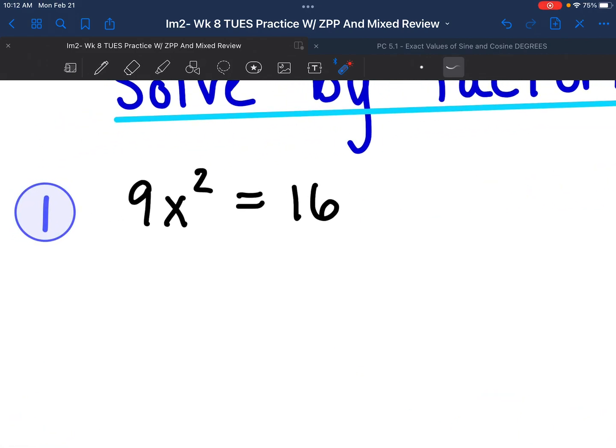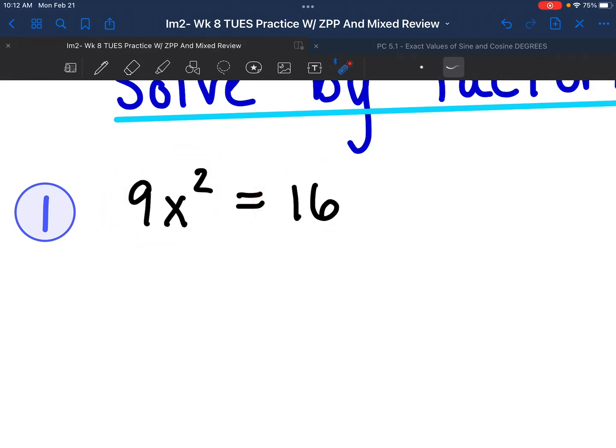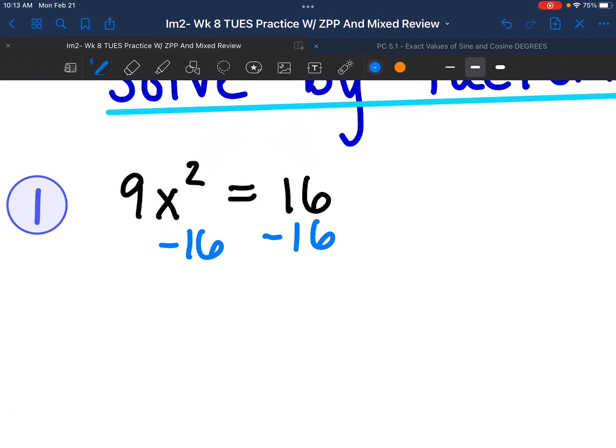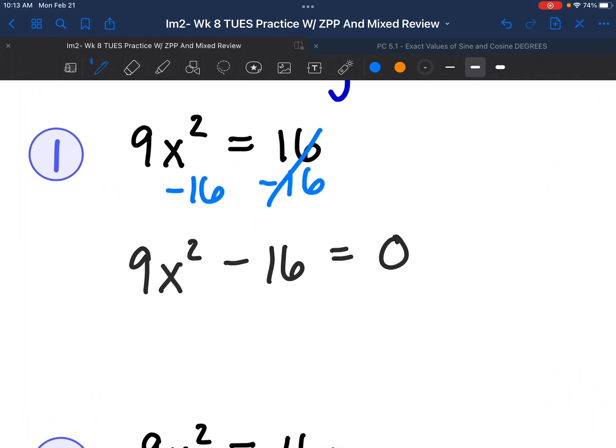So on number 1, we have 9x squared equals 16. We could move either term to either side, but I always tell my students keep the squared term positive. Usually that's easiest. So I'm going to subtract the 16 over to this side and rewrite this as 9x squared minus 16 equals 0. And then remember, we're going to go through our